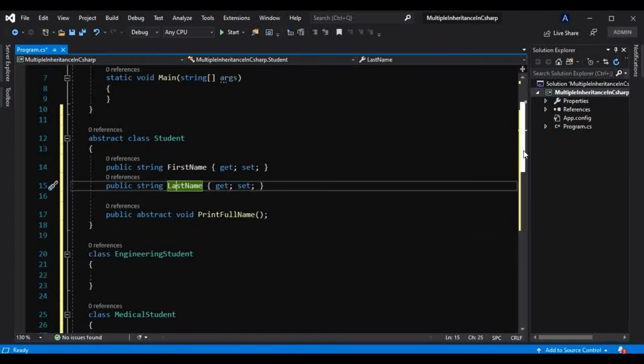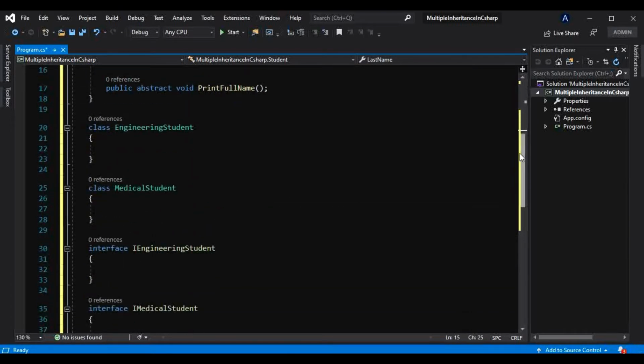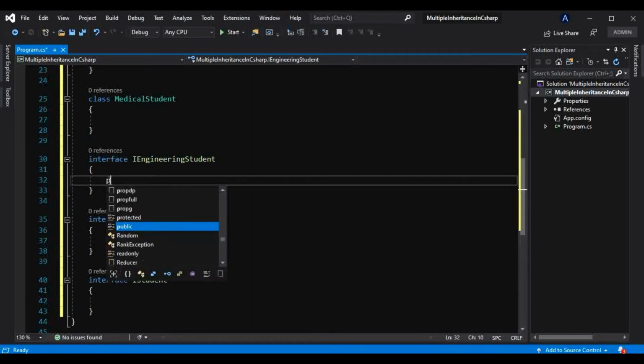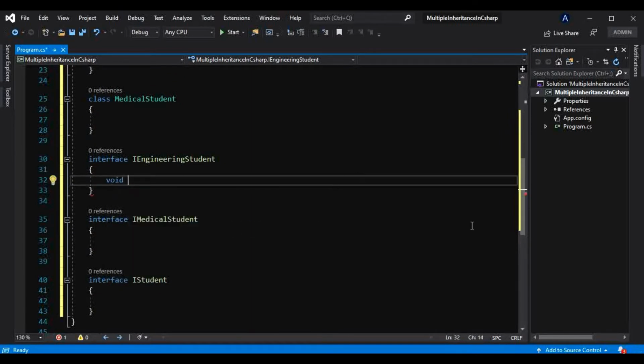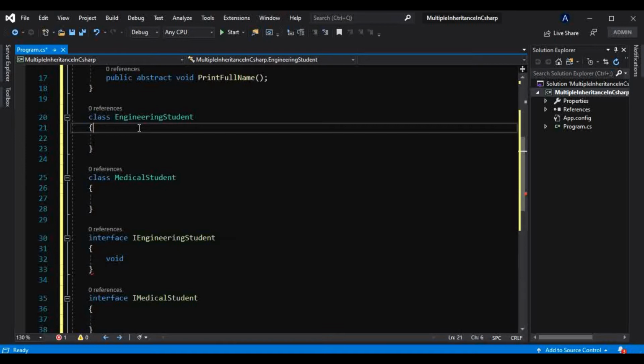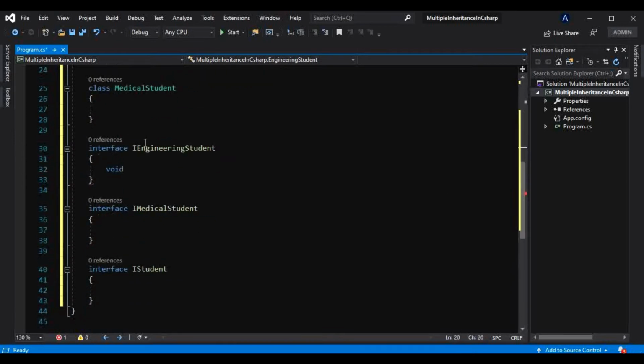Okay, now in these interfaces there are some methods, let's say, which will be required by the medical student class and the engineering student class. So let's just take those methods. Let's consider the same example which we have taken in the previous tutorial. That is, let's say the engineering student interface provides one method, that is calculate area of circle.